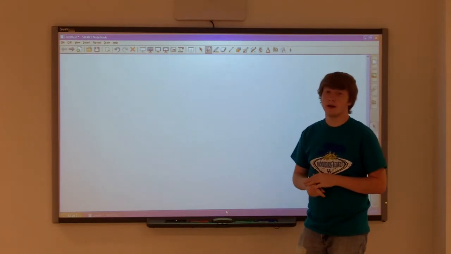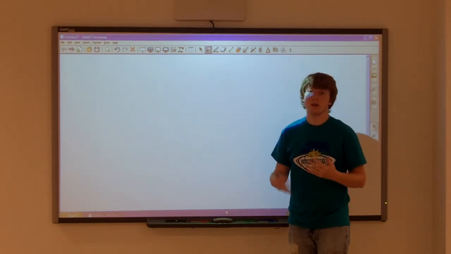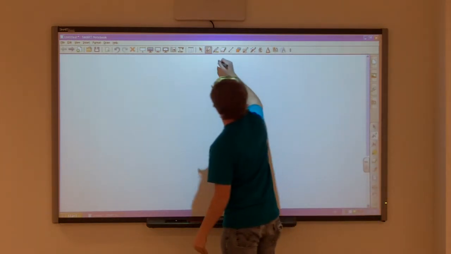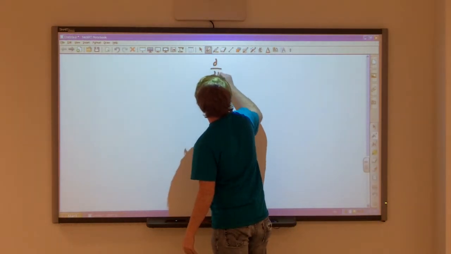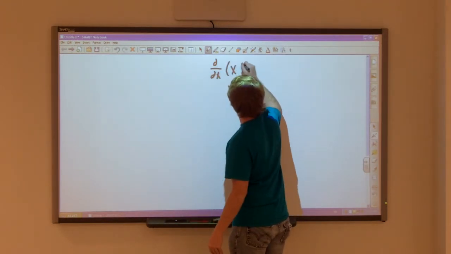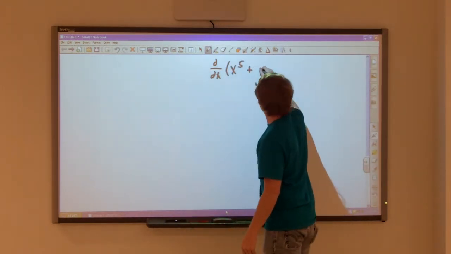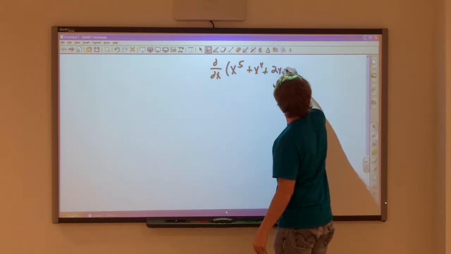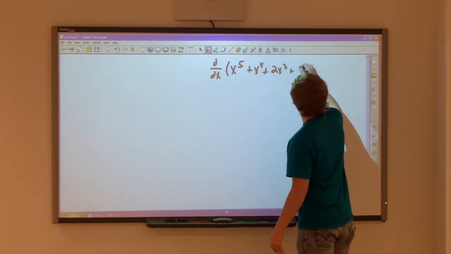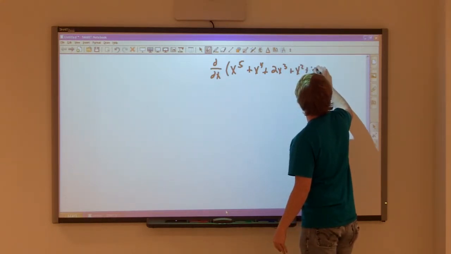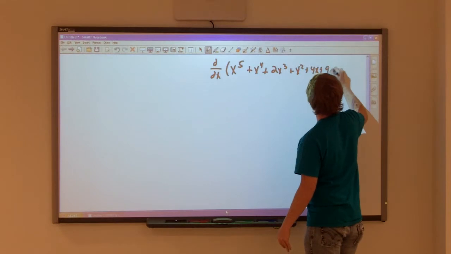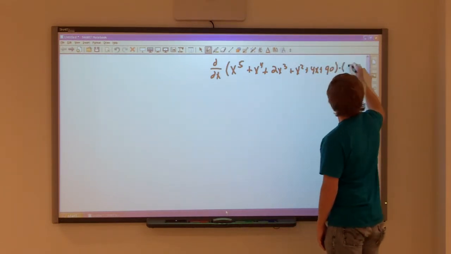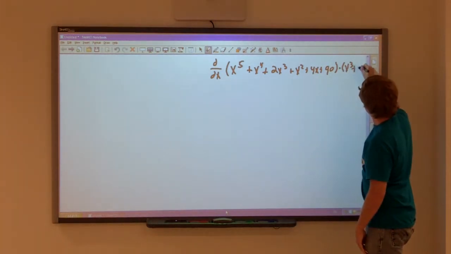So now we're going to look at another rule of taking derivatives that's going to make your life much easier. This one's called the product rule. So what if we had something crazy, like we want to take the derivative of x to the fifth plus x to the fourth plus 2x cubed plus x squared plus 4x plus 90, all of that times x cubed plus x plus